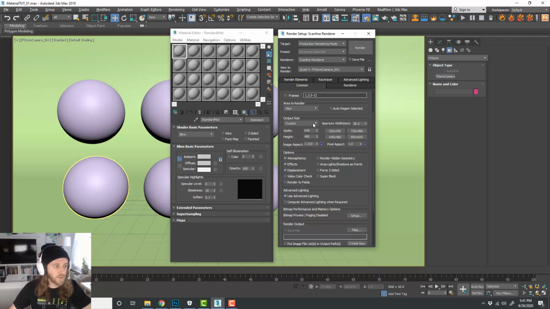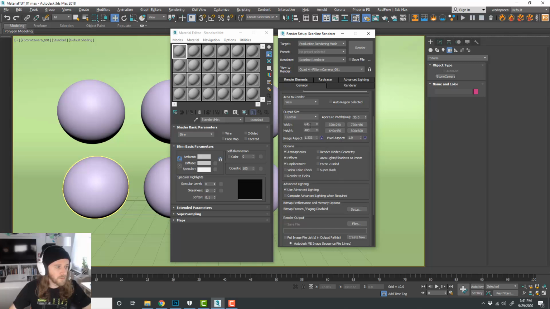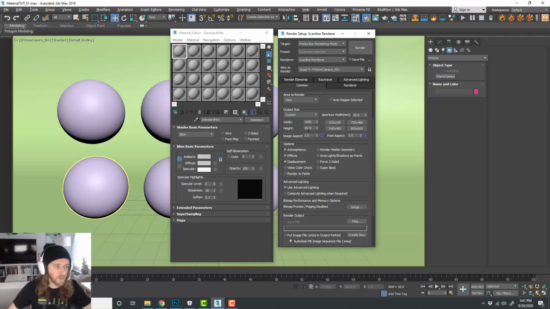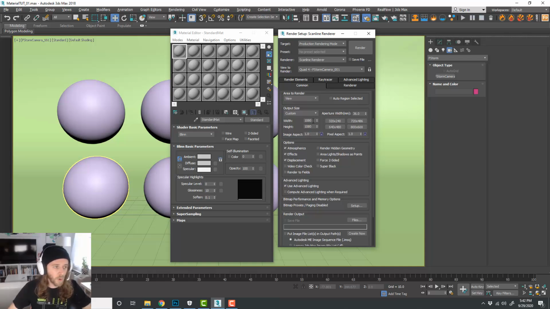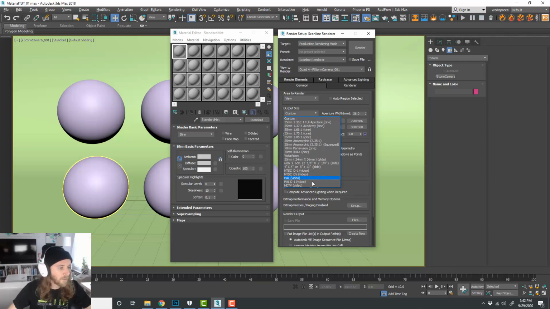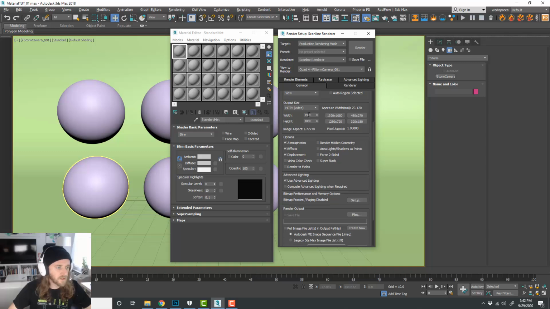You can specify your output size, which you could do like HDTV, the standard size for 1080p, or you can do a custom size, which for Instagram I typically do 1080 by 1080 for the standard square mode, which is a 1:1 aspect ratio. Or let's say you want to do portrait mode for Instagram, that would be 1350 by 1080. I'm sorry, 1080 by 1350. That would give you that elongated portrait view for Instagram. Otherwise, 1080 by 1080 is a square pixel ratio. But in this case, we'll just use HDTV, so we'll just use 1920 by